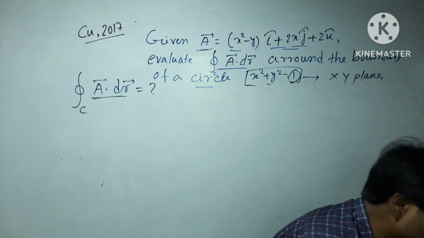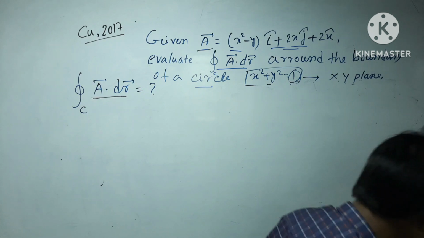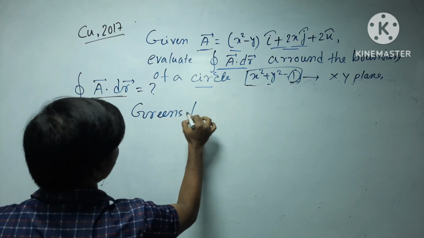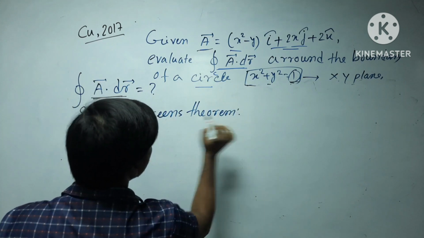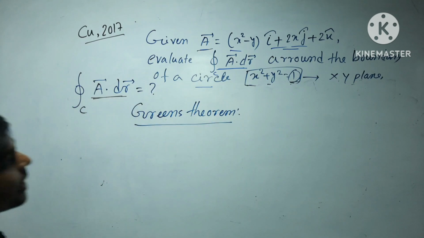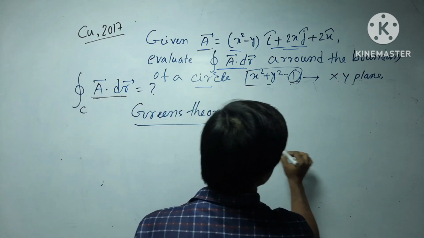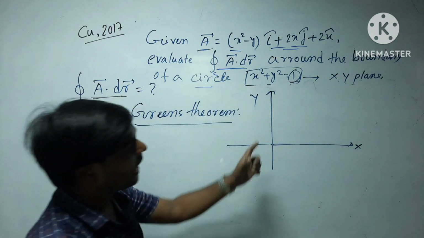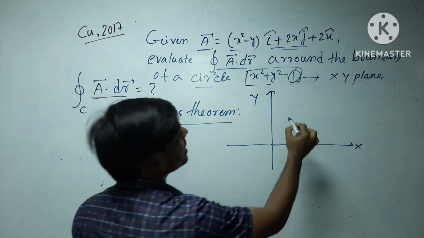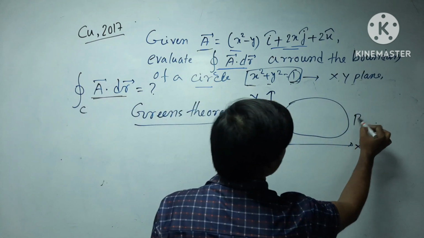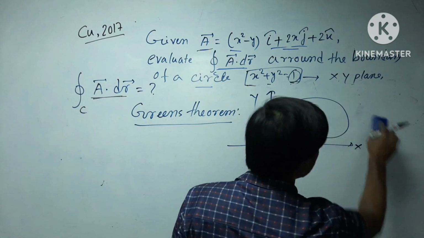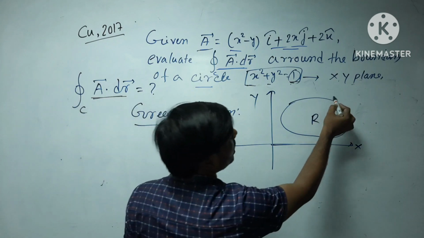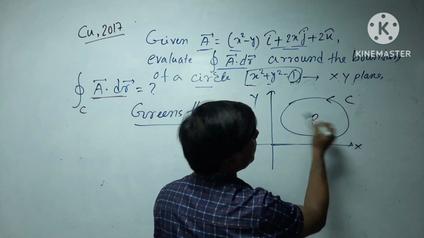So with this problem we will discuss the Green's theorem. Green's theorem, what does it say? What it says, if in the xy plane, let's say this is the x axis, this is the y axis, if in the xy plane there is a region R, this is region R, and this region is bounded by a closed curve C,